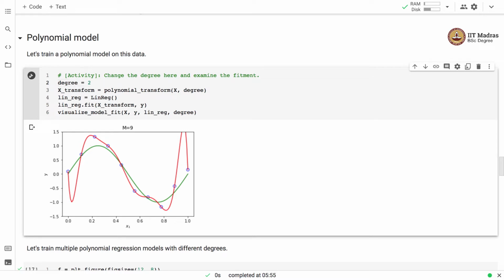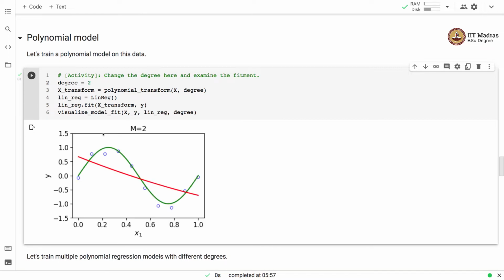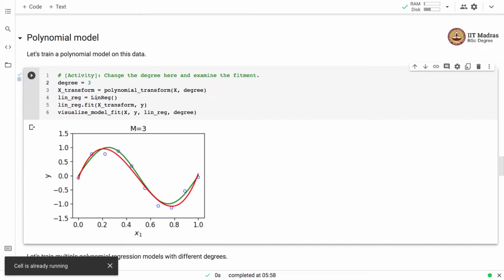Let's say degree 2 polynomial model. You can see that degree 2 polynomial model doesn't fit the training data that well. We can try other degrees. Let's say degree 3 polynomial. Yeah, this looks like a reasonable fit. It is not perfectly fitting the training data, but it is not too far away from the actual values of y. So you can see that the error across different points is much lower than the second degree polynomial. If you make it 7, for example,